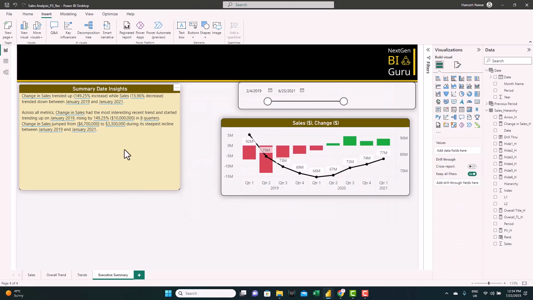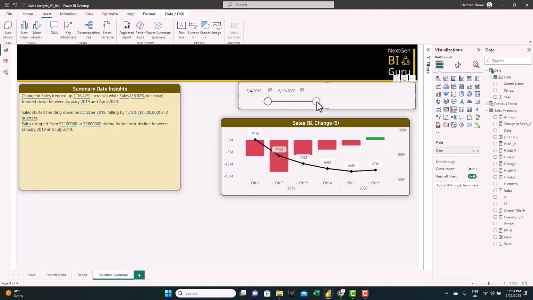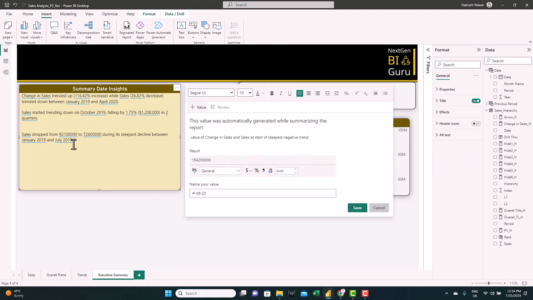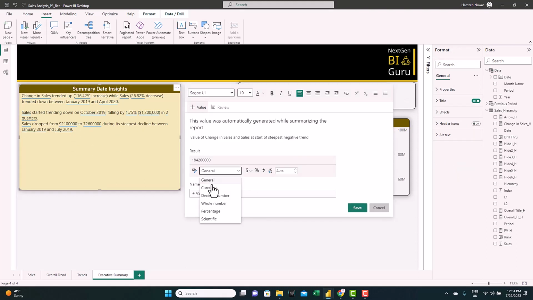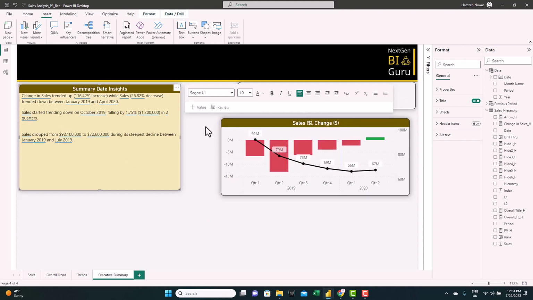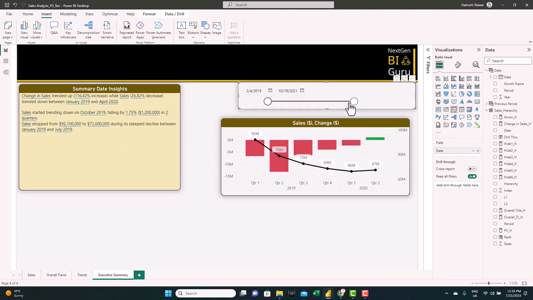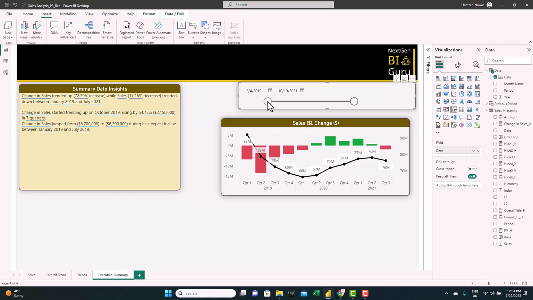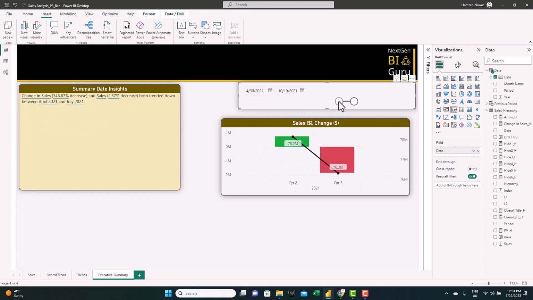Now let's test it further. You can see how it gets regenerated again. We can see a new insight came. Let's change the number format again to currency, but don't worry, this doesn't happen a lot for our data because we have a maximum of 3-4 insights and they just get updated. And this is how we use the smart narratives.